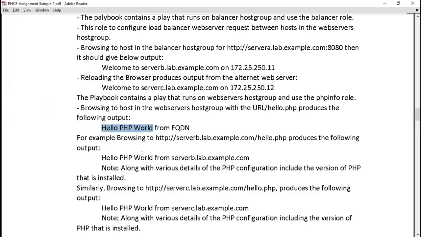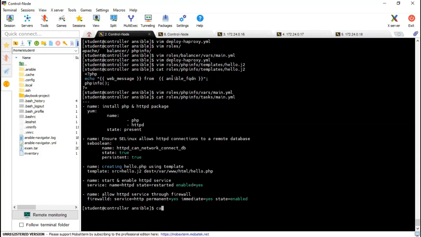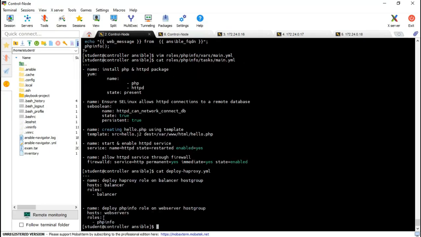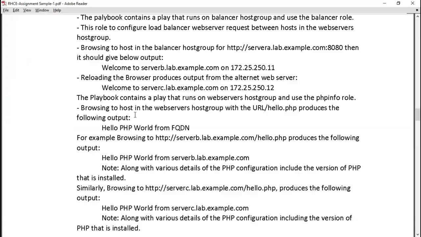So as per the question, it's saying we need to create another playbook that also contains the play which should use the PHP info role, which I already did. This playbook already had this section, and it's saying it should use the PHP info role, that I did.